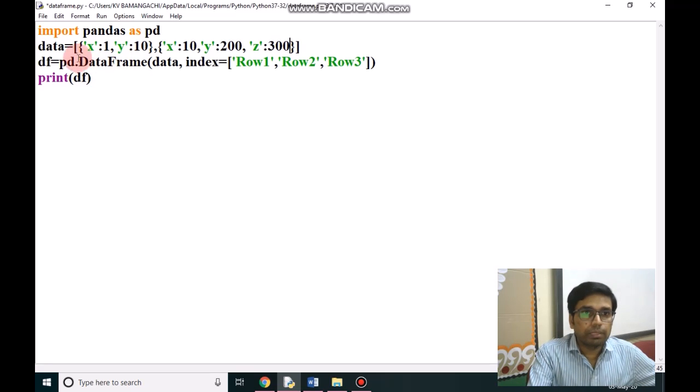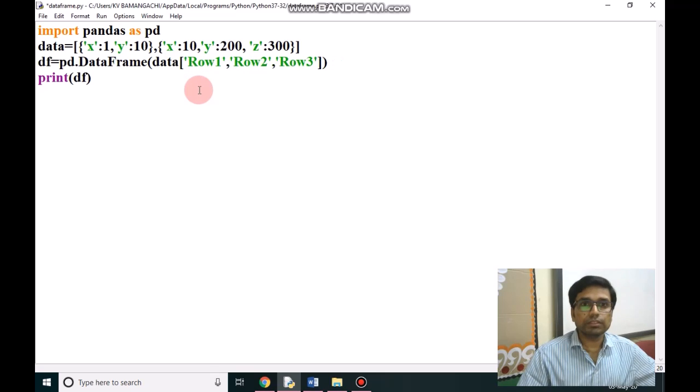Now what I have done here: in data, which is a list, there are two dictionaries, and in the data frame function we have given data as an argument. I'm not giving any index here.